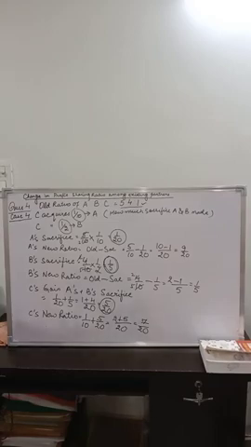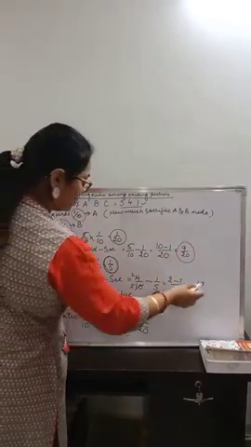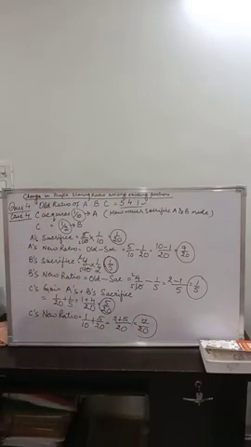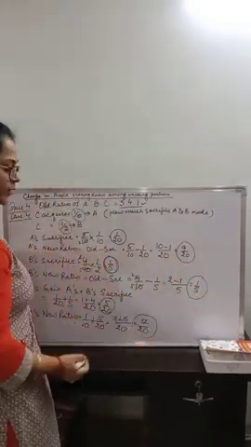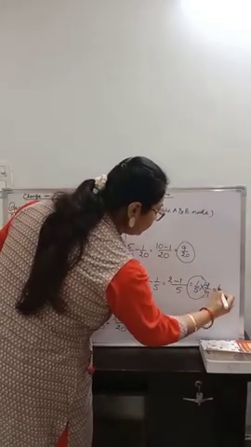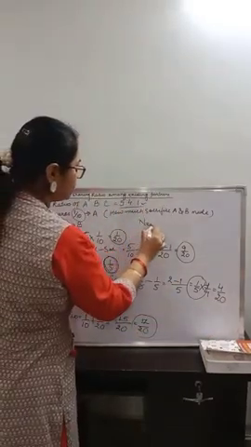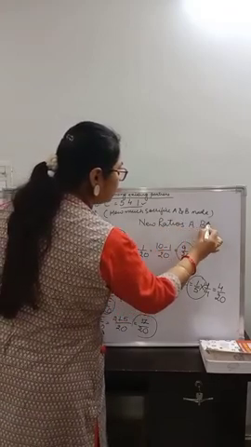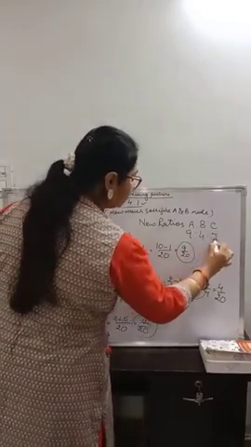The new profit sharing ratios for A is this, for B it is this, and for C it is this. What you just have to do is bring the denominator equal. For A it is 20, for C also it is 20. Let us do it for B also. You multiply it by 4 by 4, it will be 5 4s are 20. So the new ratio comes out to be 9 is to 4 is to 7.